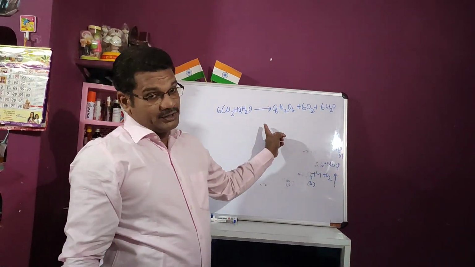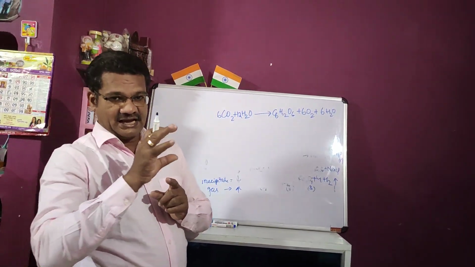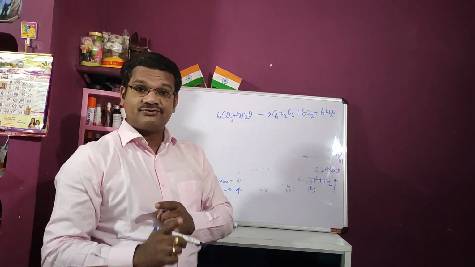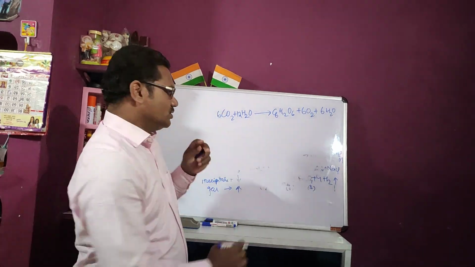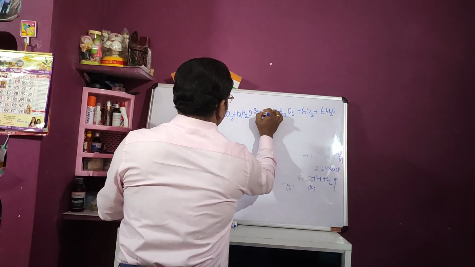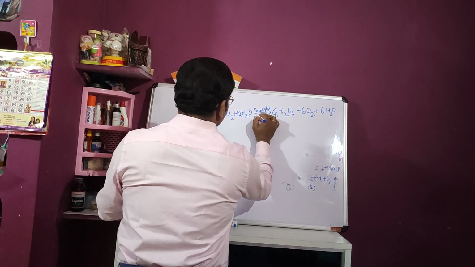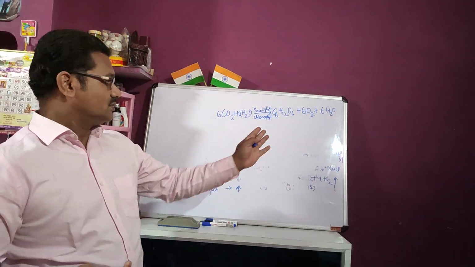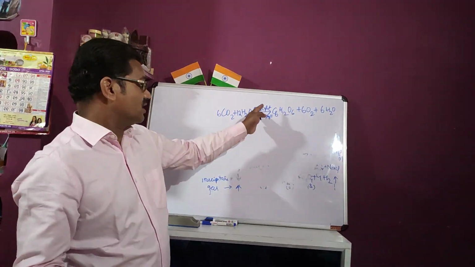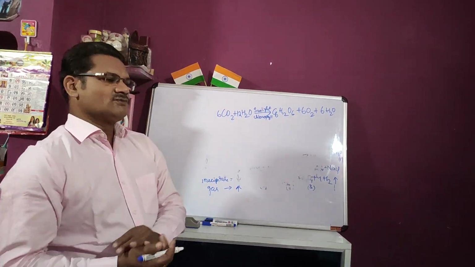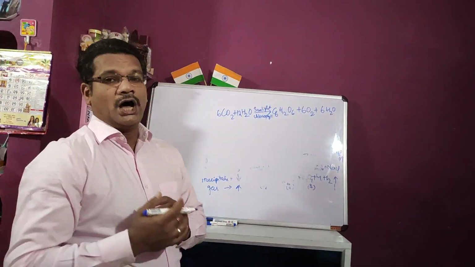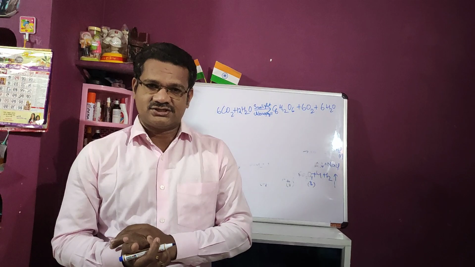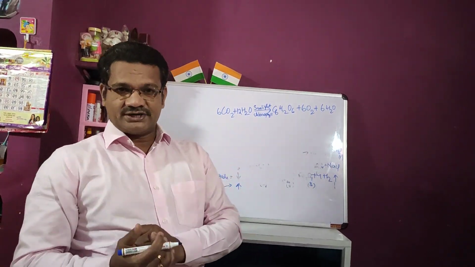Now we know that plants take carbon dioxide from the atmosphere, water and minerals from the soil, and prepare their own food in the presence of sunlight and chlorophyll. This is the condition. So I shall mention sunlight and chlorophyll. So the equation has now become more informative, as the condition has been shown. One more example. Suppose we know unsaturated hydrocarbons get hydrogenated in a hydrogenation reaction to convert to saturated hydrocarbons.